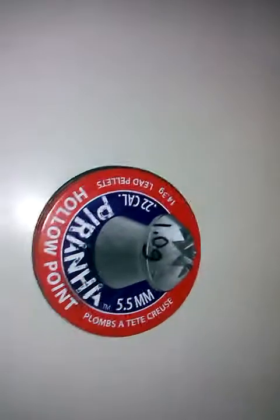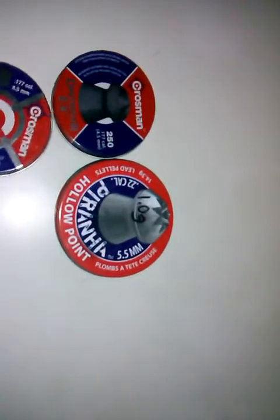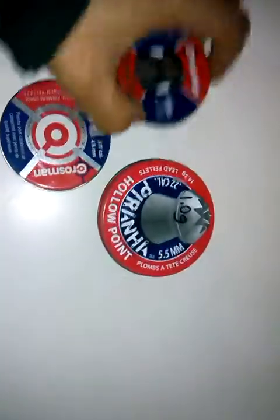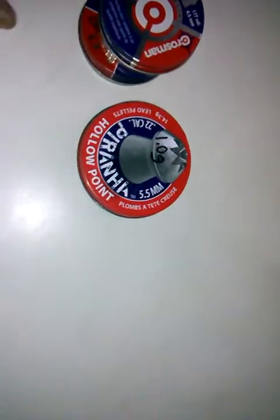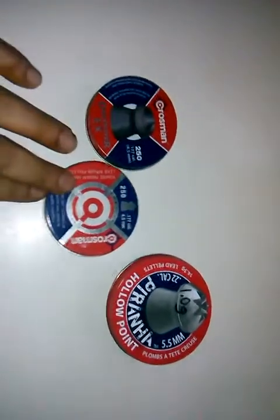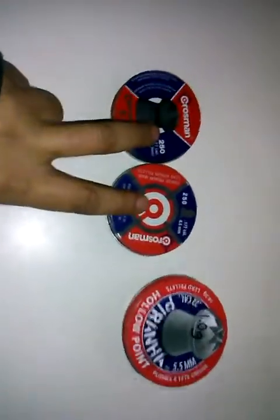But just like everything that Crosman has, like the Destroyer and this pointed pellet, both awesome. This is very, very light. I mean, this is almost like a target round. It's so flat. It weighs nothing. And this doesn't weigh much either. So I wouldn't suggest either one of these on your 17 for a distance. But if you're shooting birds at a real close range, less than 20 yards from them, this is a good one. It'll take them down. Don't waste your ammo on something like...